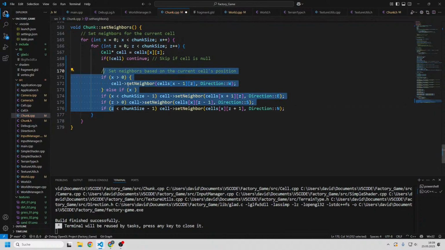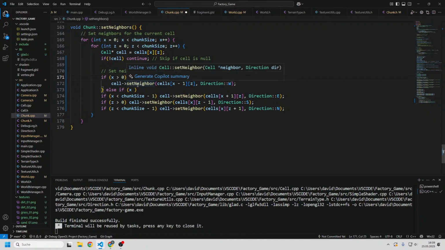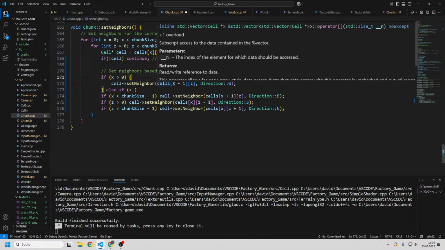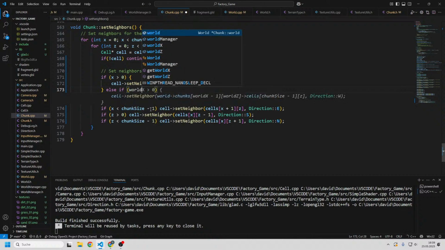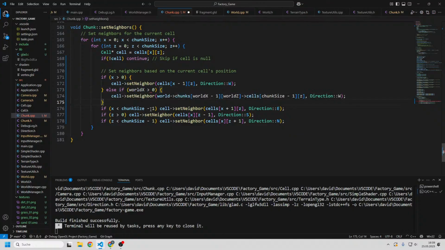Then we want to do all of this stuff. And let's say if x is bigger than 0, then we want to set the neighbor in the direction west with x minus 1 and z. That's correct. If the world x is bigger than 0, and we have world, of course,